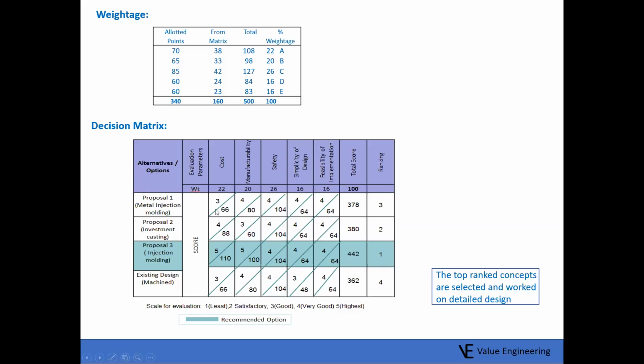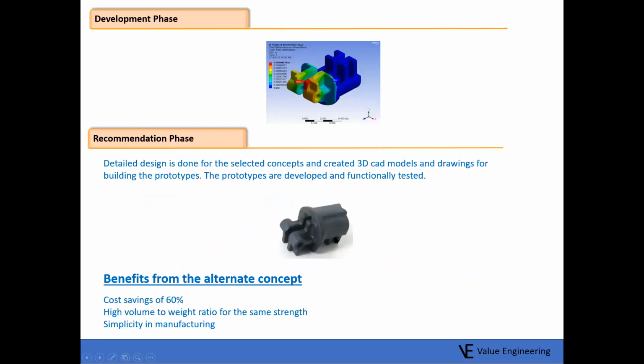Now we have parameters on which we need to rank our ideas: cost, manufacturability, safety, simplicity of design, feasibility of implementation, and total score and ranks. After doing this decision matrix, we got the #1 ranking with the highest score, 442. We got injection molding as the first preference. Then we developed the plastic component with the PEEK material, polyketone. With that material,